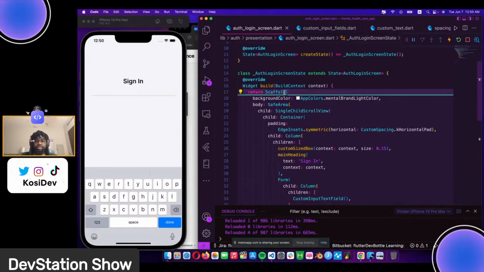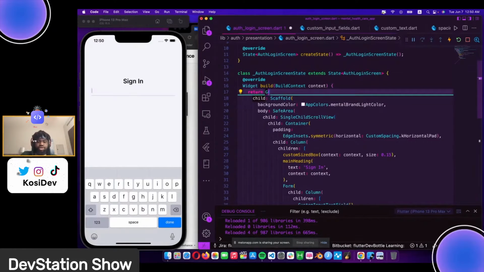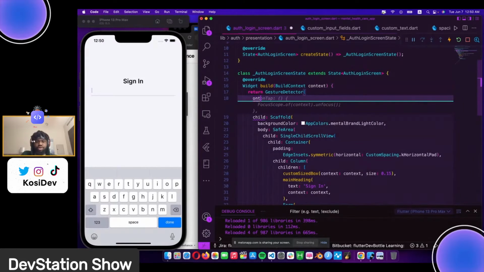To do that, we can wrap everything here. Wrap the widget with a gesture detector, and on here we have